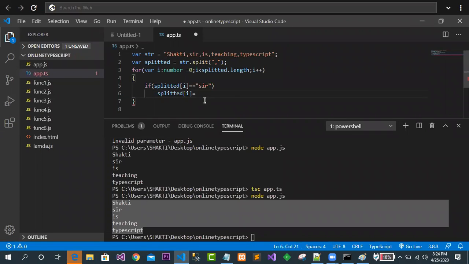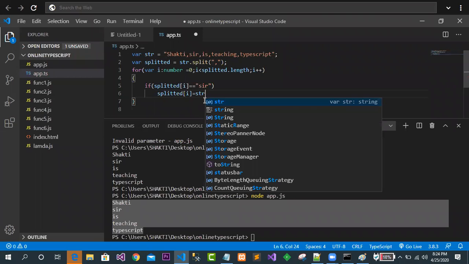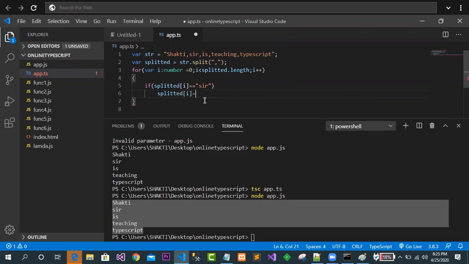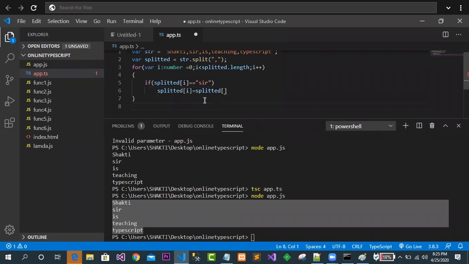Simply, splitted of i equals "Mr." plus splitted of i, whatever the value is at this position i, and before that I concatenate "Mr." with a dot plus. Clear? A simple thing that I have written here.